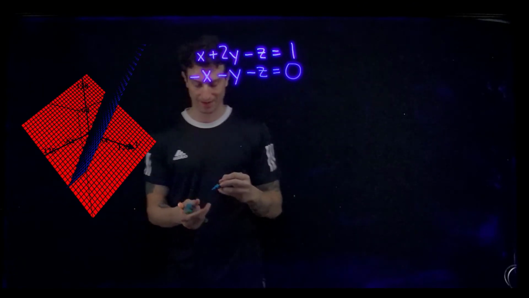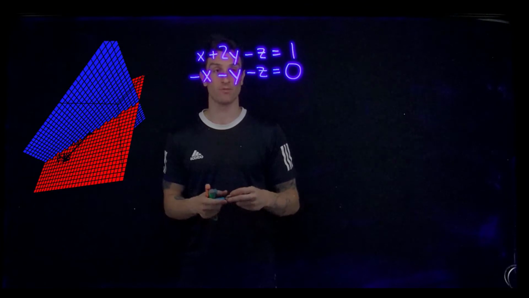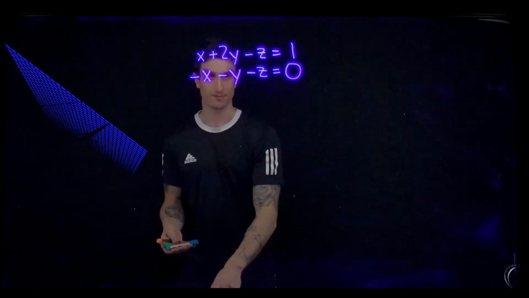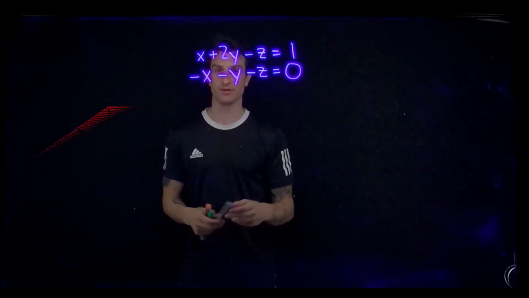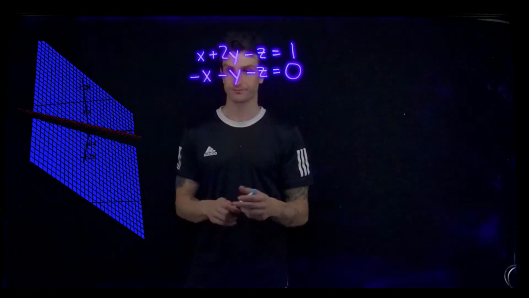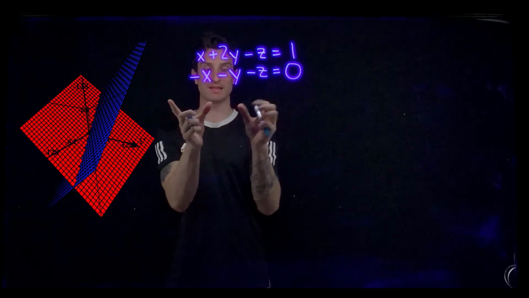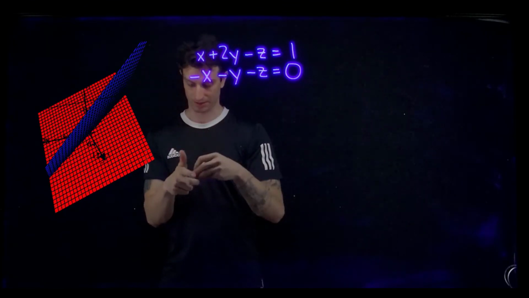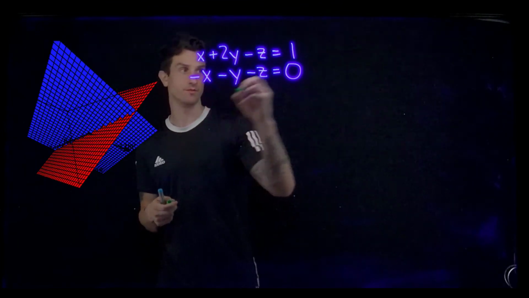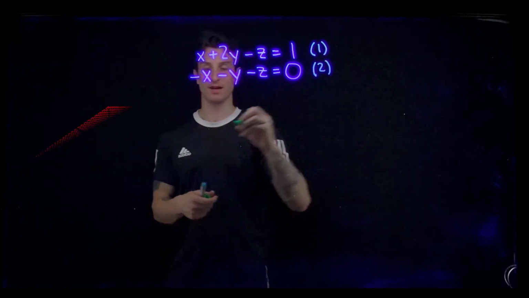And the question we want to ask ourselves is, are these parallel? Are these perpendicular? Or are they neither? Are they still intersecting? Is there some angle that we can create? So the first thing we can do is look to see if they are parallel. Let's write these as their normal vectors. Let's use a different color. So their normal vectors, we'll say n1. We'll say this is 1 here and this is 2. So n1